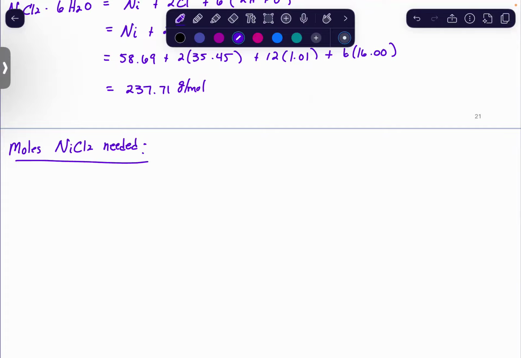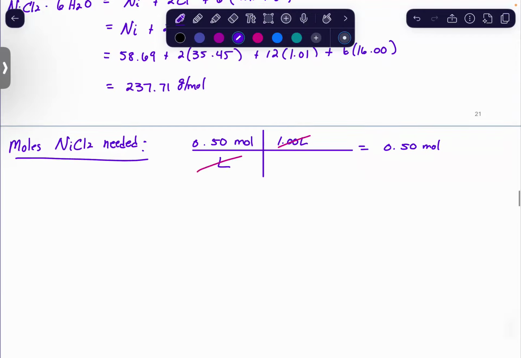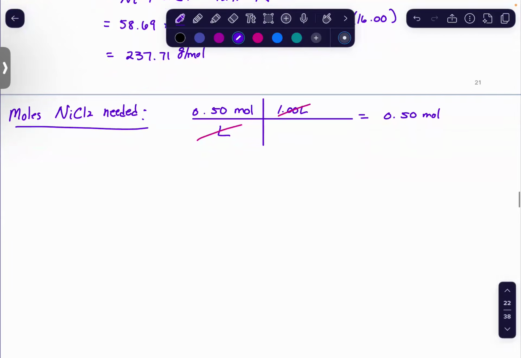How much do we need? So, pretty easy calculation. It has to be 0.5 molar, 0.5 moles per liter, multiplied by 1 liter. So we're going to need 0.5 moles of nickel 2 chloride in the solution. So then that makes us say, well,